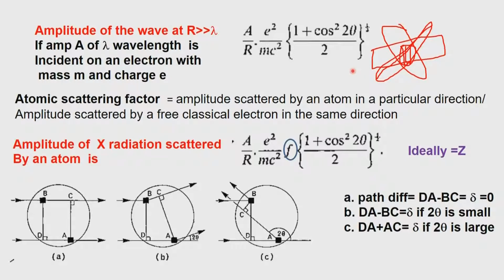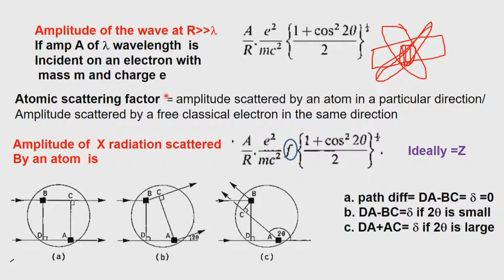So, we are not going into the detail of it. However, it depends upon a factor which is now going to be very, very crucial for our calculations, and that we call the atomic scattering factor. So, if there is a carbon atom, it will have 6 electrons. So, at the scattering angle 0, all these 6 electrons will contribute. So, it is equal to the atomic number.